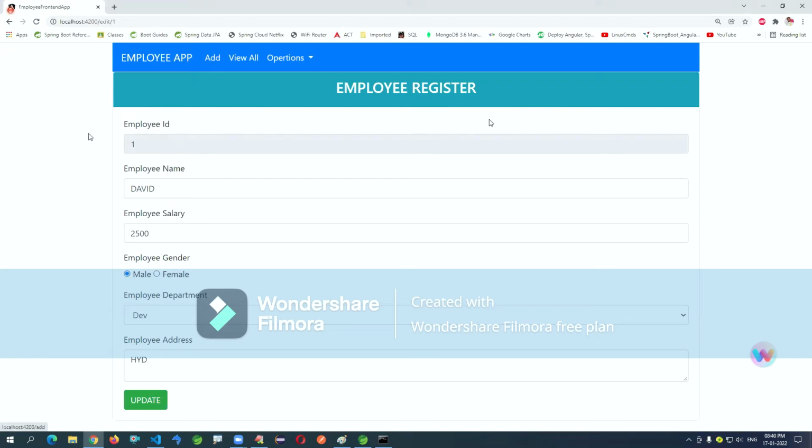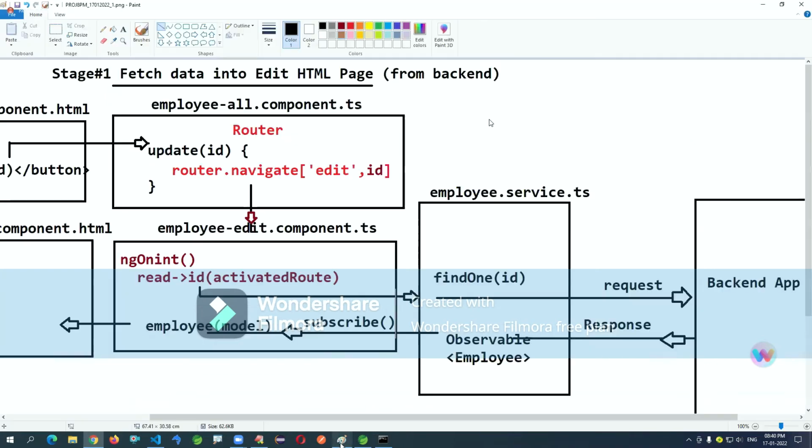Yes. Okay. When you register for a fresh application, ID will be generated. When you want to modify the existed one based on ID, it will be done. Okay. See this one.